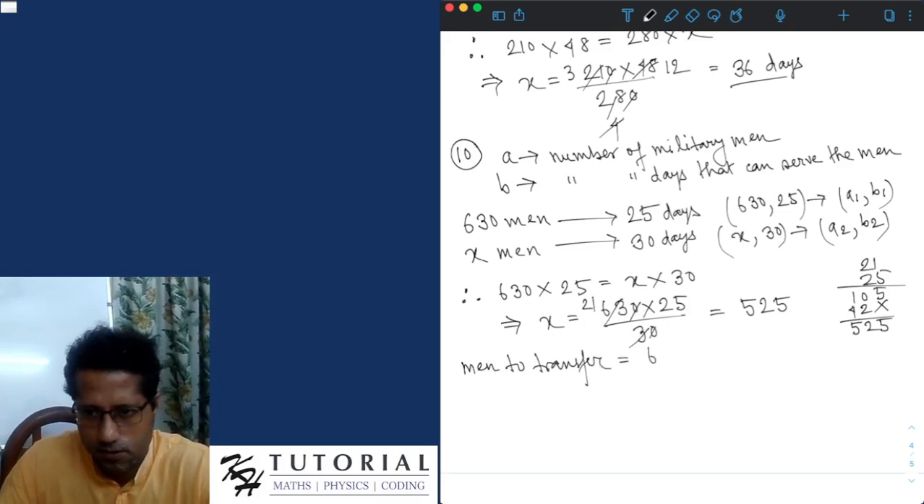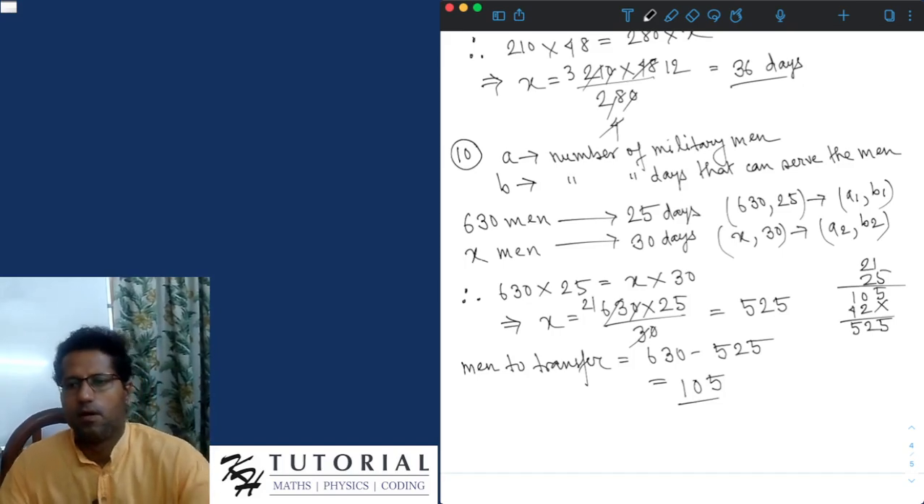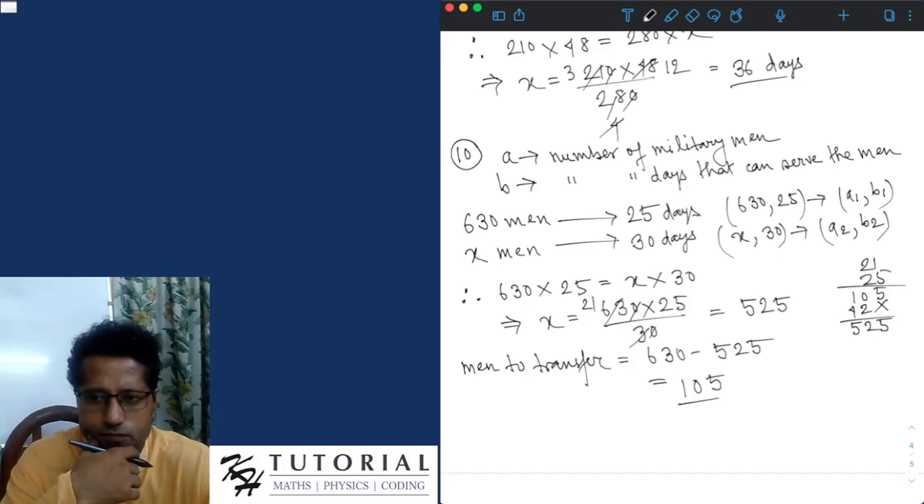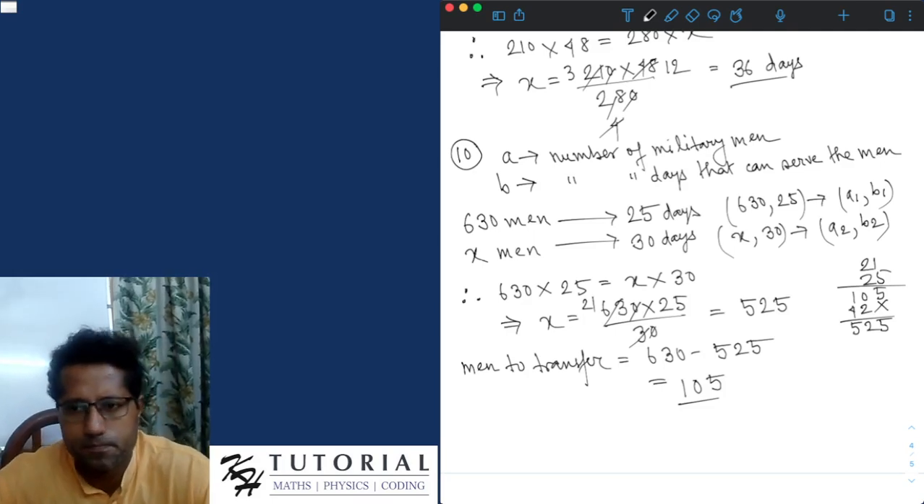is 630 minus 525. This is 105 men need to be transferred to another camp. Okay,